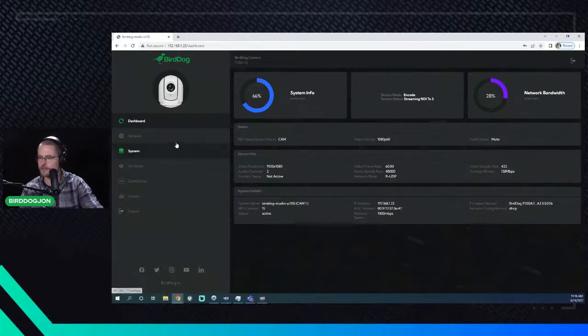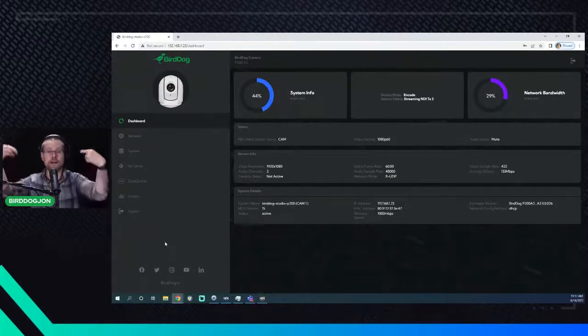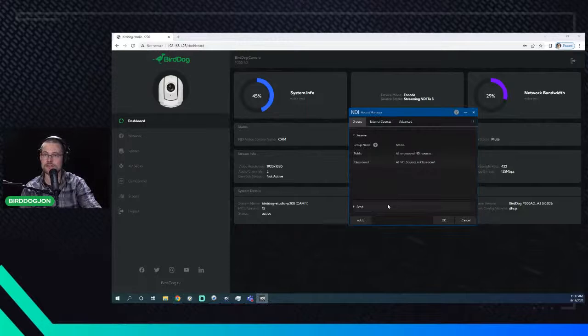the receive group there. Now, if I were to generate NDI, by the way, on this computer, which I actually am because I'm doing a desktop capture for my third monitor, if I were to generate NDI and I want those signals to be seen by other devices in the group, I need to add the group to the send group. Okay, so Access Manager gives us that ability right here to add,